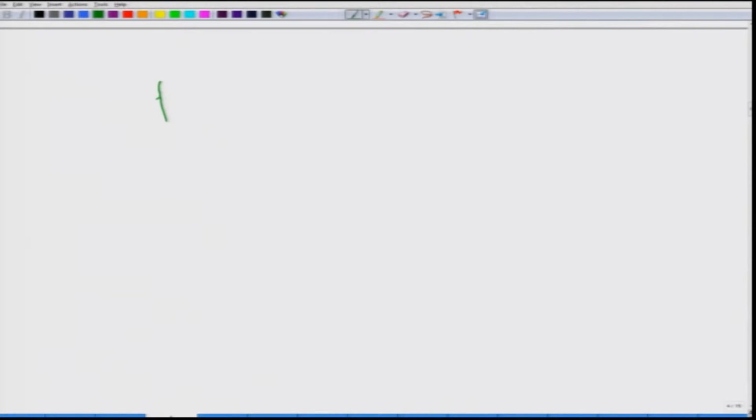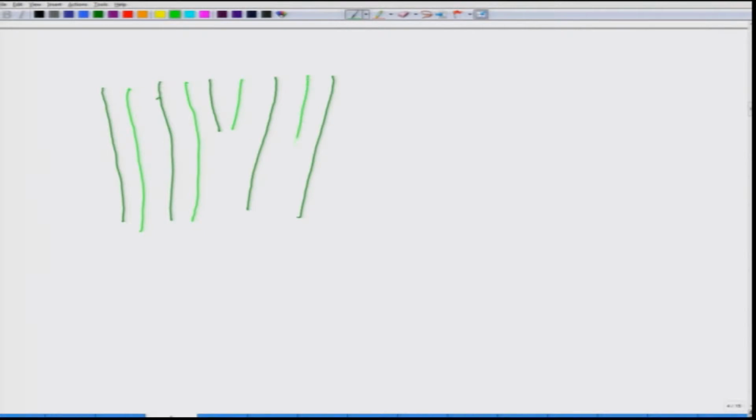So, let me first draw what we already had earlier. If the dislocation was perfect, this is how it would be, and in the alternate planes we had it like this. But these are the two extra half planes that form part of the partials, and they will want to repel each other. So, they are repelling each other, and what you will get is something like this.